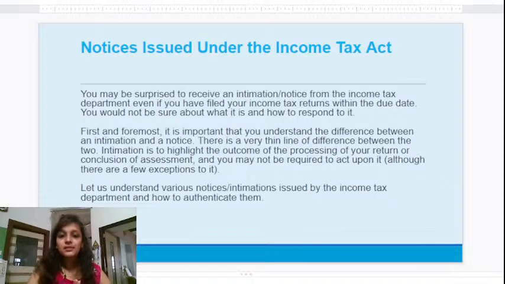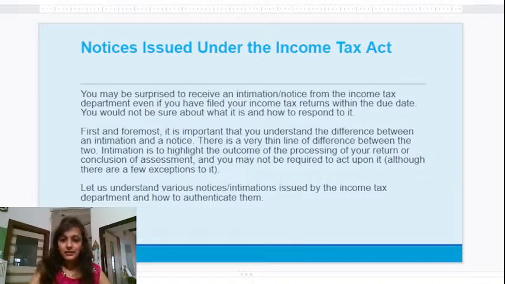A notice from the income tax office is not something that anyone likes to find in their mailbox. You might have filed your return in due time, but you still receive the notice. The reason, there can be many reasons. Now let's understand why we end up receiving notices and how the same can be dodged to some extent, if not completely. Under this, what is scrutiny assessment?